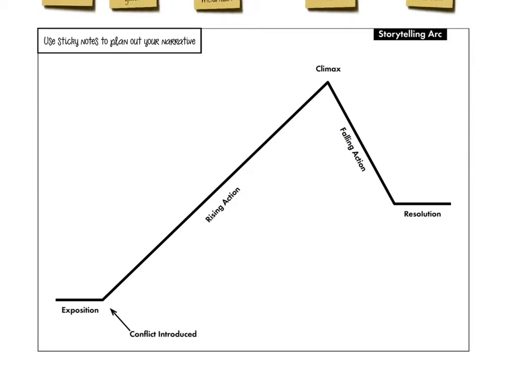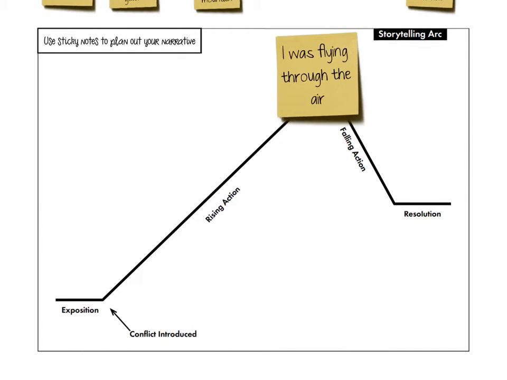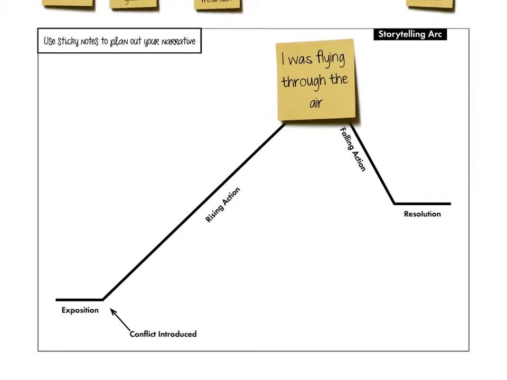So when I started to think about what my picture was about, because my picture is really the exciting part, here's my first Post-it. I was flying through the air. That was super exciting, okay? So that helped me to start thinking about how I'm going to map this out. And I'm giving you Post-its so that you can change these around in case, once you start thinking about it, you're like, oh no, that was really not the exciting part or whatever, okay?